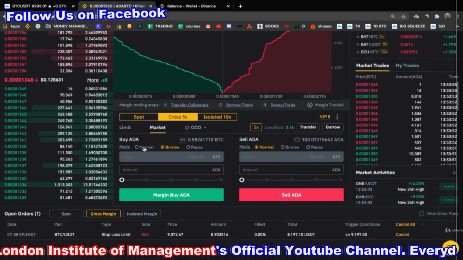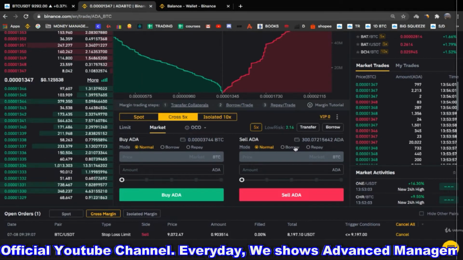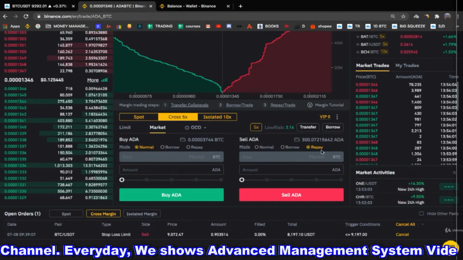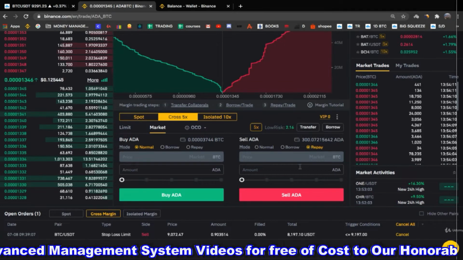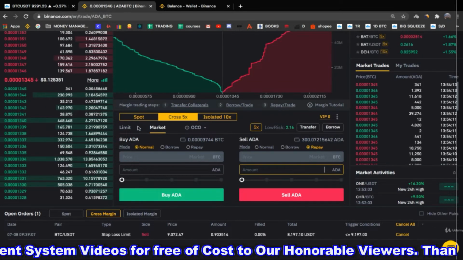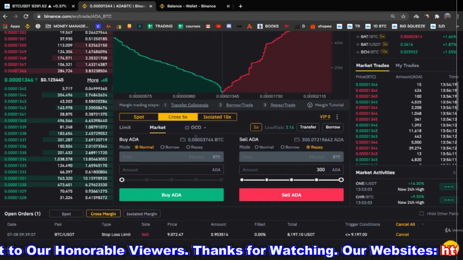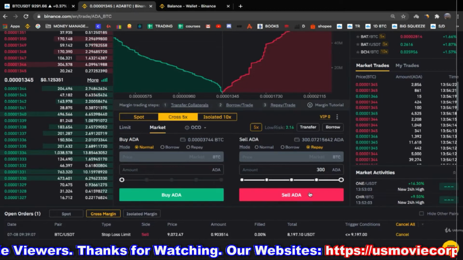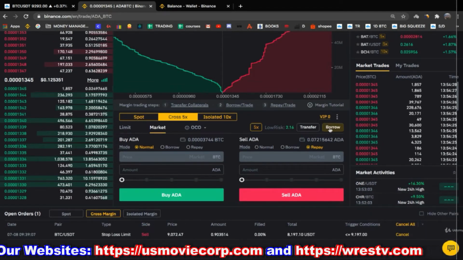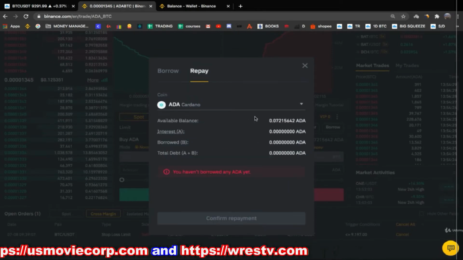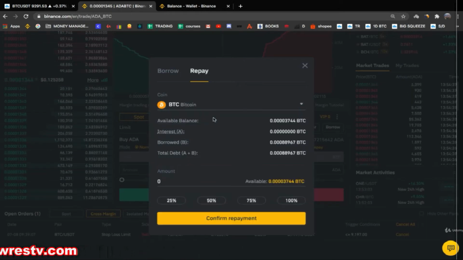Now, when we sell this Cardano, let's imagine that our trade has already played out, it's at a higher price, and it's time to sell. When you sell, you're simply going to click on the repay, right? So it will be repaid automatically. And we are going to market sell all our Cardano. And as you will see, the Bitcoin will not come here, it will automatically repay the one that we owe. Bam. See, it disappeared from here, it automatically repaid our loan.